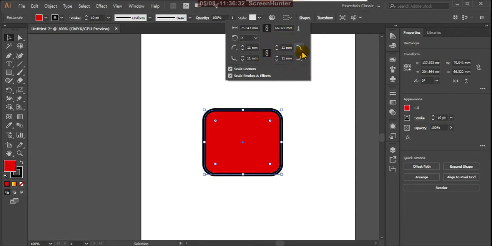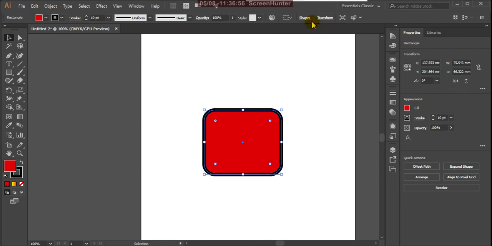Sometimes you can apply to 1 corner only, that is up to you. Okay, those are scale corners and scale strokes and effects. About this I'll explain in another class, because it has some speciality. So the next class I'll explain about this.